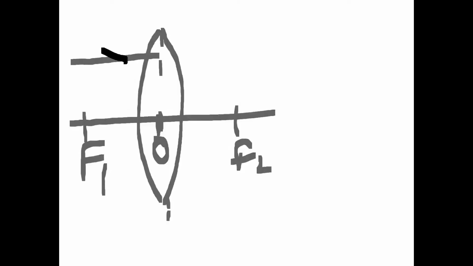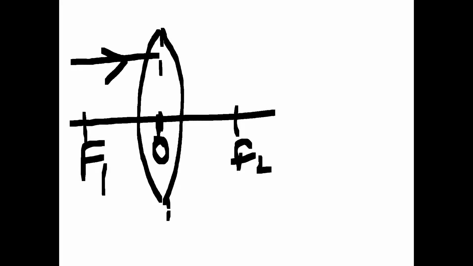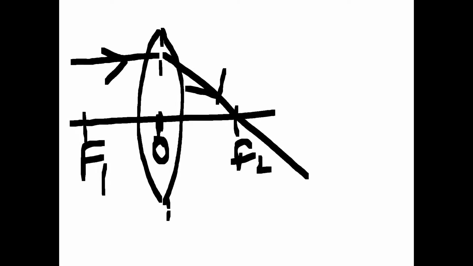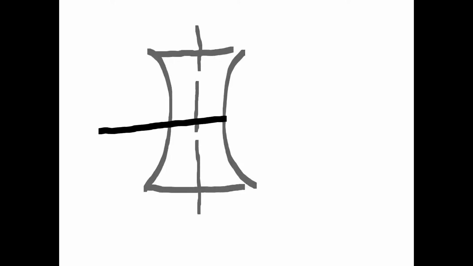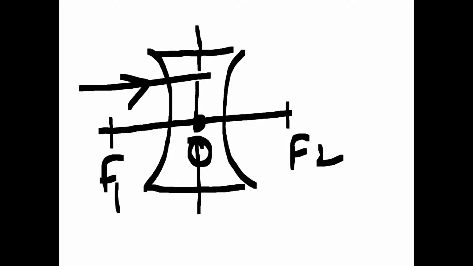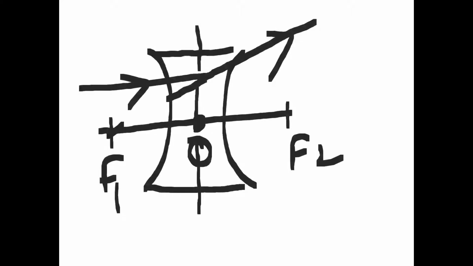The first ray will always come parallel to the principal axis, then it will pass through the focus, right? This is the first rule, and if you have to follow this first rule in case of concave lens, then it will be like this. In this case, what is happening? Once again, it is optical center. This is focus f1, this is focus f2. The ray will go parallel and will just deviate, okay? And this ray you will bring in the backward direction, it will pass through the focus.